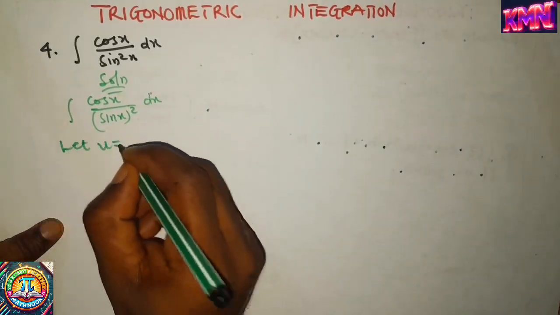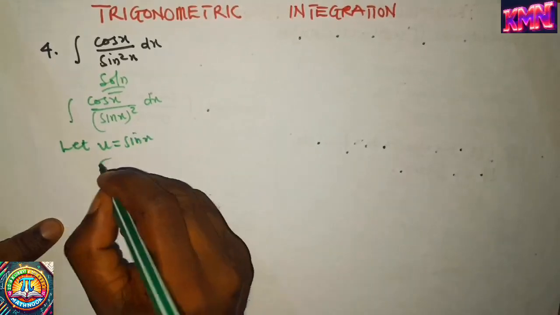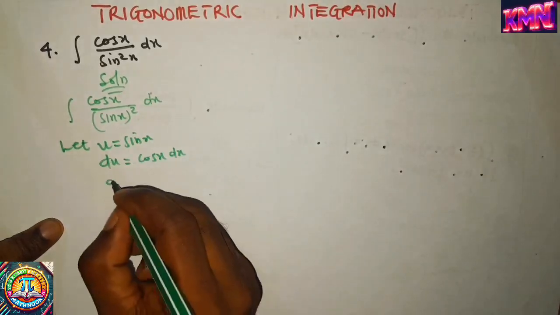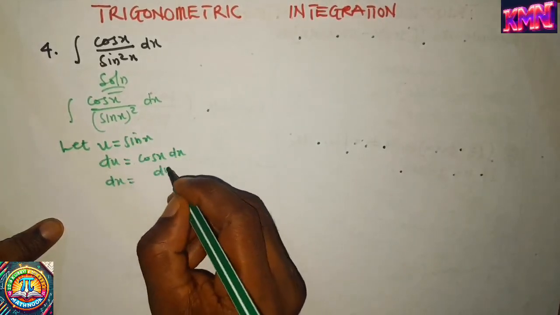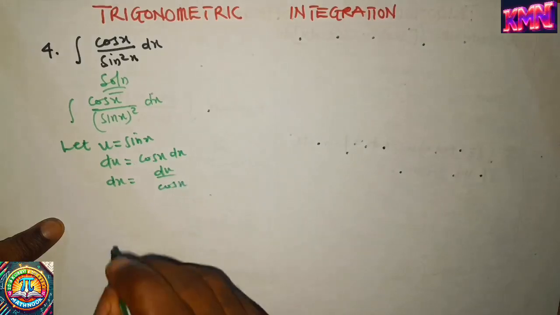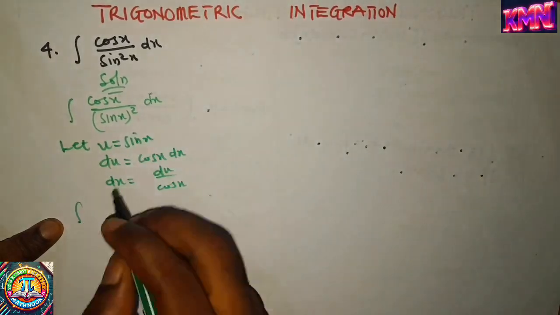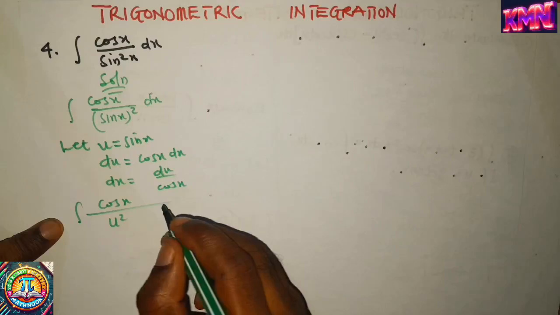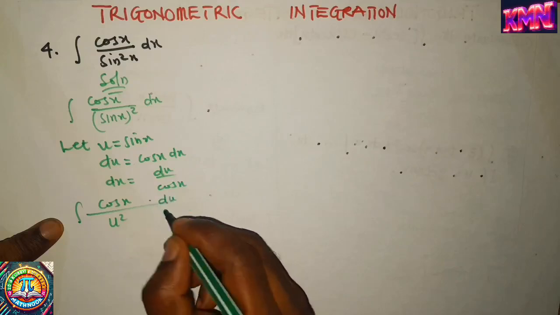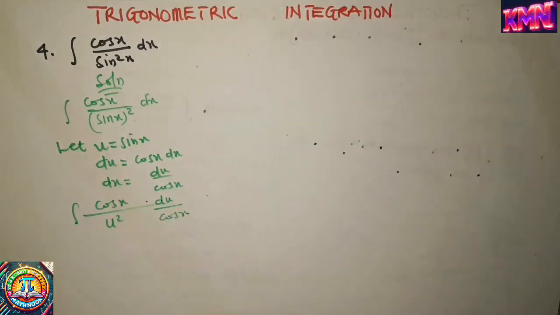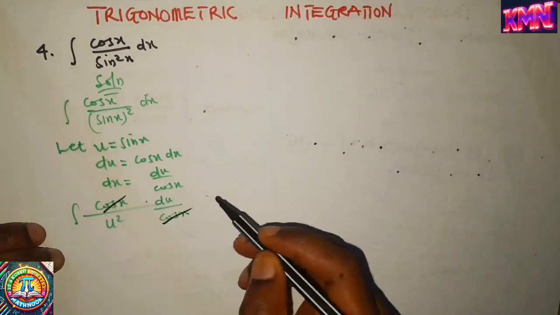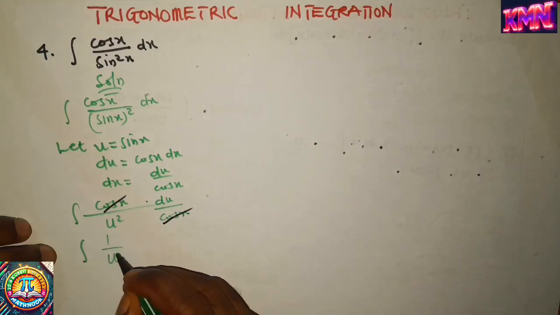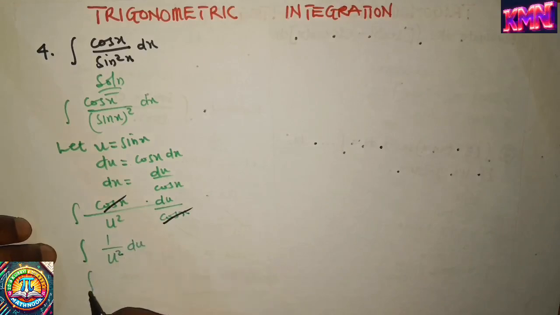Let u equals sine x, and you know that du is equal to cosine of x dx, and our dx is equal to du on cosine of x. When you substitute everything back, we're going to get the integral of cosine of x on u squared du on cosine of x, which cosine of x cancels cosine of x, hence we are having 1 on u squared du. Of which you can also write that